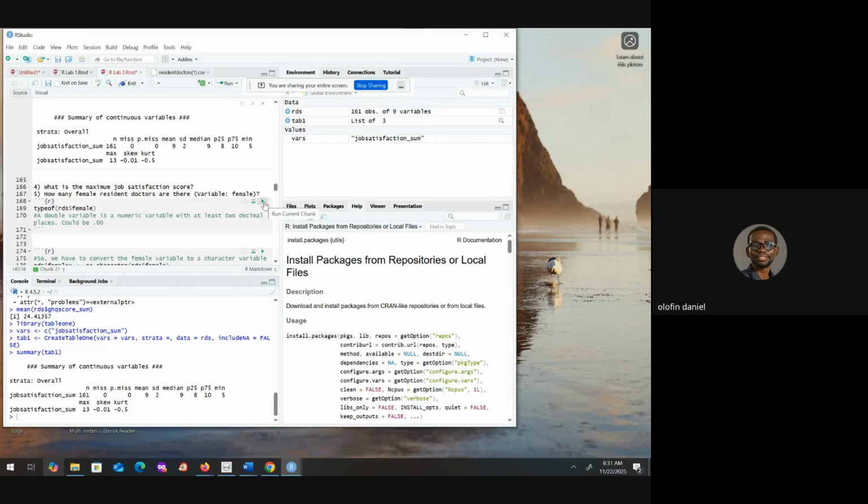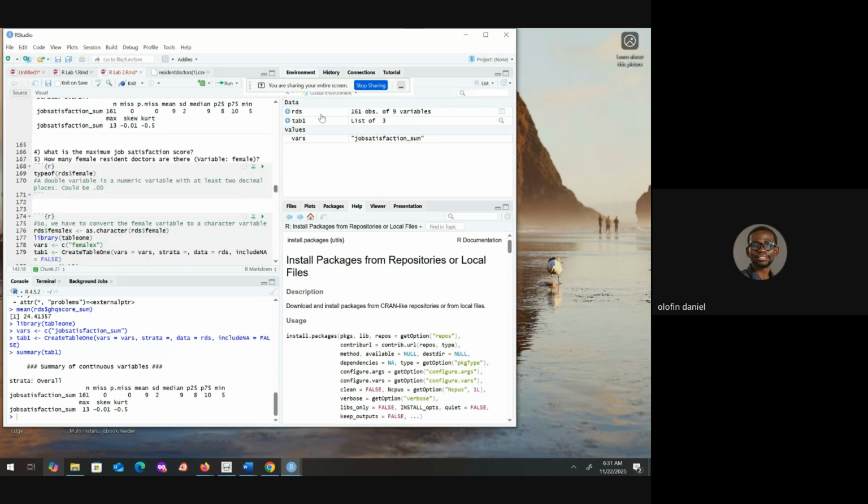Yeah, so that's where we are now. You need to load table 1 to have access to this function. You don't necessarily need table 1 to calculate percentile, because I think there is a function called IQR. Now, let's try that. But why we use table 1 is that